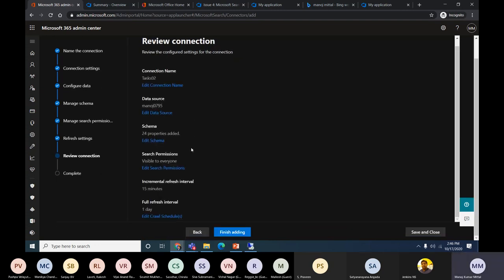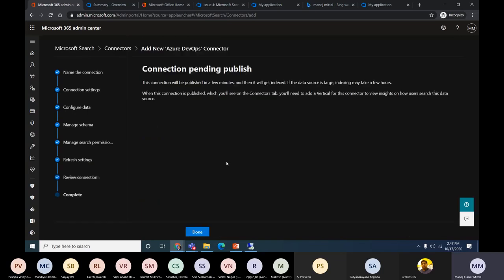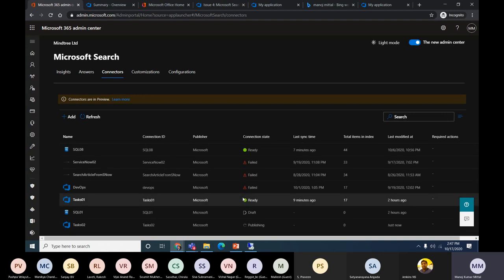So here my connections, we just need to review and we are good to go. And our content source has been created here. Okay, now we have done. So it will take almost 3 to 4 minutes. Basically, the documentation says it takes 24 to 48 hours, depending on the size of the content, to come up here. But as my data is very less, it's almost 20 records. So it will come soon.